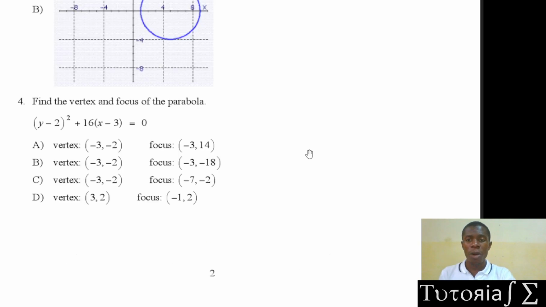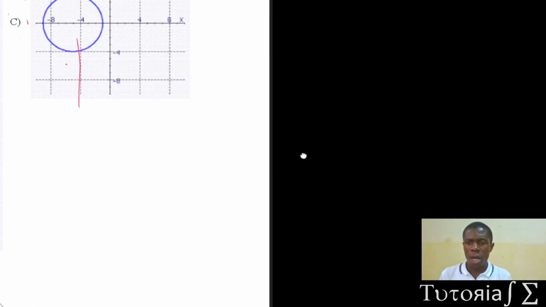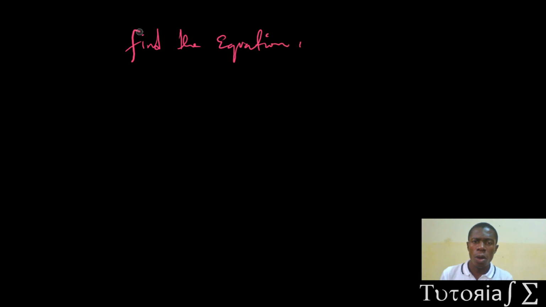All right, so basically, these are the questions that I want you to attempt. Maybe just one more question. Suppose you are given a circle like this. Let me just write it here. I'll say find the equation of the circle